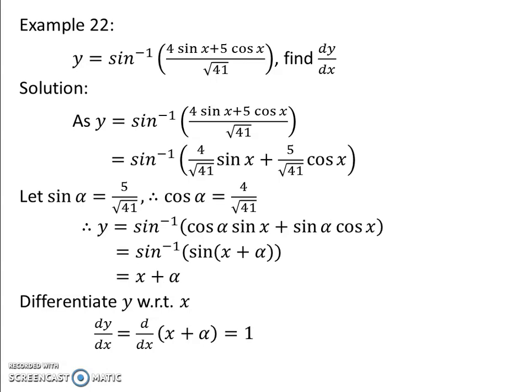So if you observe this problem, this is a little bit different than the previous 3 problems. What we have done: in the bracket, sin x and cos x terms are there and these constants are there. We assume one constant as sin alpha because we want to adjust sin inside. Hence simplifying this we get the required solution.